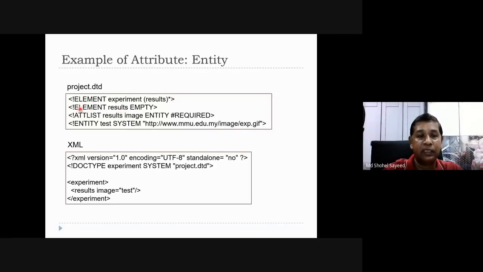Element results is declared as empty. Attribute list: results image entity is required. And entity test system, there should be a reference for this test. What's the reference? The reference is here. This is the image file, the reference given here.